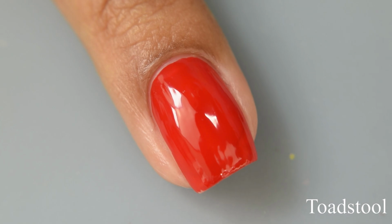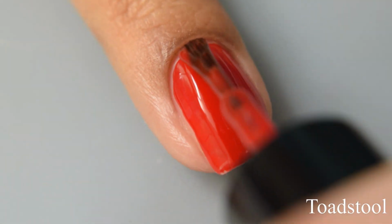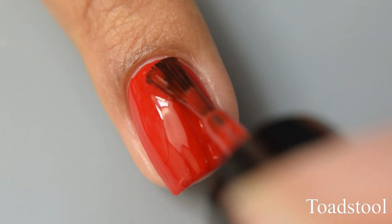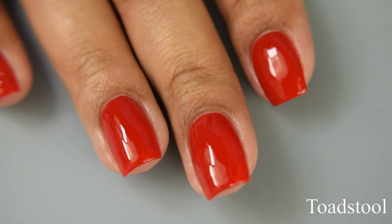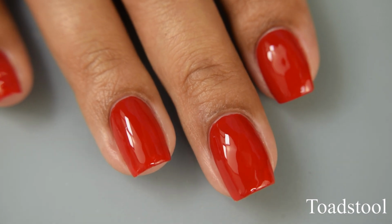So for Toadstool, I think 2 coats is going to be perfect for full coverage. This plumps out really well, and I do agree with the official description. This is more of a fiery, very spicy sort of red. So quite a bit on the warmer undertone side, but I still think it popped really well against myself, even